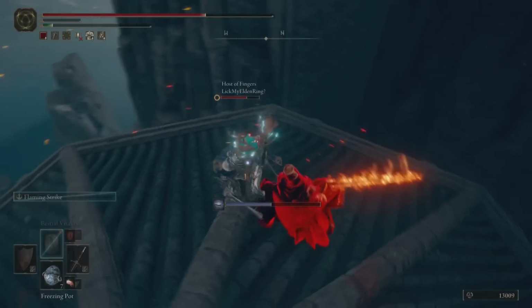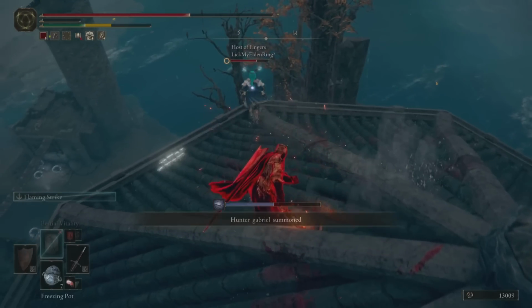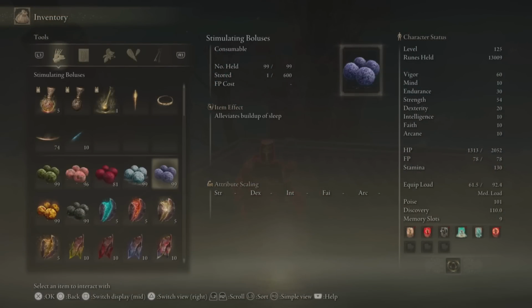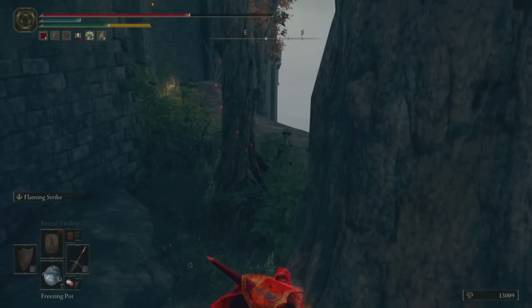And the fact that we've switched our talismans to give us a little bit more breathing room when it comes to the sleep buildup allows us to really keep the pressure on. And at this point they jump over the edge, so they've jumped down to a new platform. I take a moment just to heal and get rid of any sleep buildup,